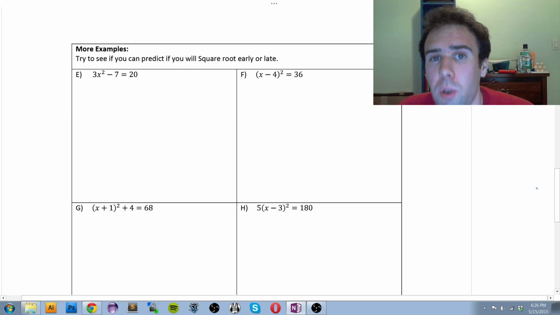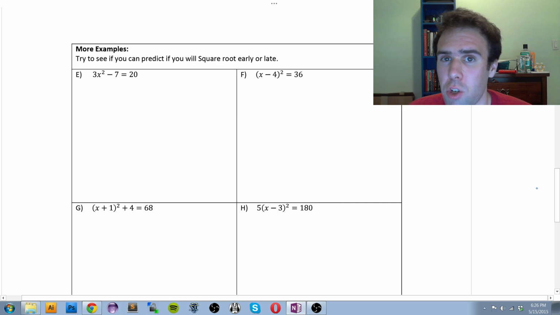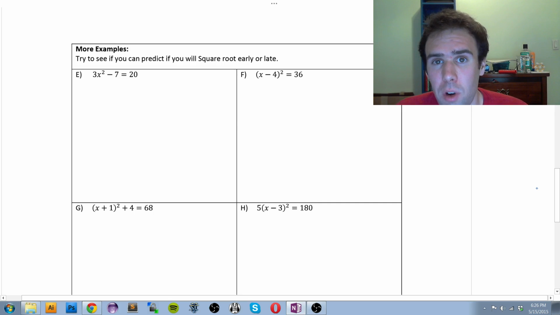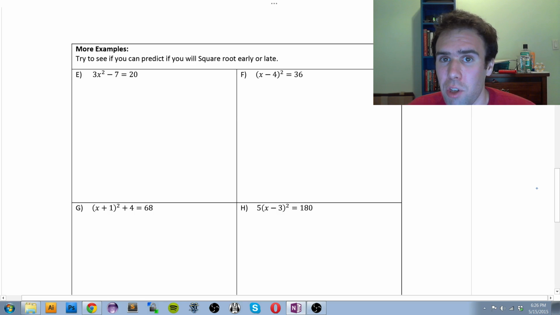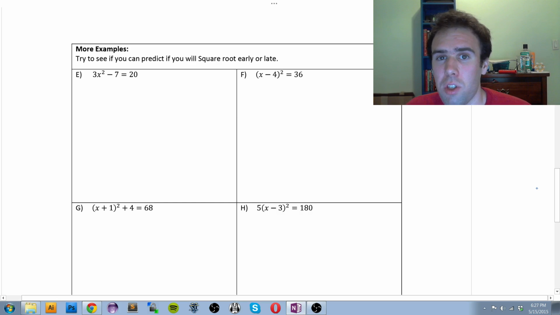Okay, so now we're ready to go over these. And I'm just going to remind you again, if you're just watching me do these over and over again without trying, it's just like watching me run 4 miles. I'm going to get in better shape, but if you're not putting in the effort, it's not really going to do anything for you on your end of it. We need to try out some work and receive feedback on it